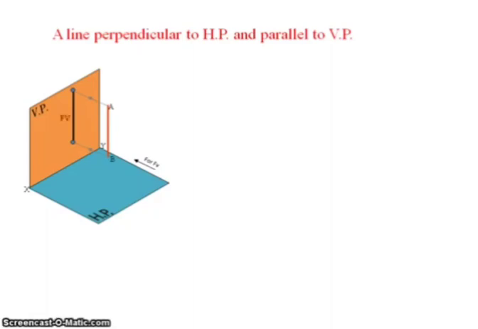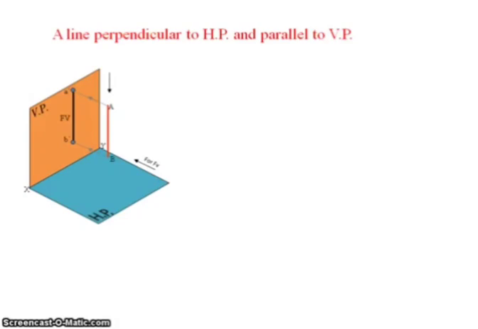Like this we will get a front view. I am giving the names A dash and B dash. So in the front view we can see the straight line with true length as it is falling in the vertical plane, for the given case, the line perpendicular to the horizontal plane and parallel to the vertical plane. Next we have to go for the top view. When you go for the top view, our view is also perpendicular to the horizontal plane and the straight line is also perpendicular to the horizontal plane. So in this condition we cannot see the true length of the straight line.